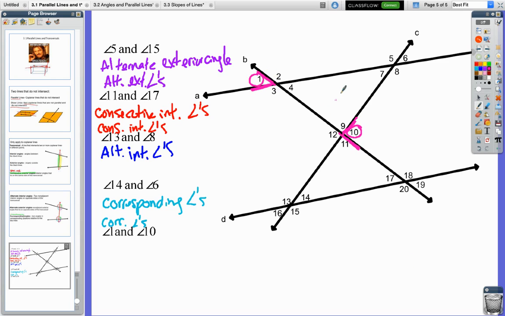So they're on opposite sides of the transversal, so they're alternate. Now, would they be considered in between the two lines, or are they outside? They're outside. They're exterior, alternate exterior angles. All right. So hopefully that helps you to see position-wise what they're called. As we move on to 3.2, you'll see their relation as far as value, as far as